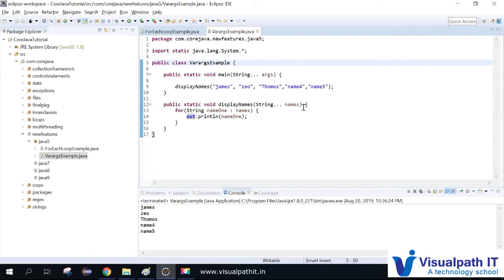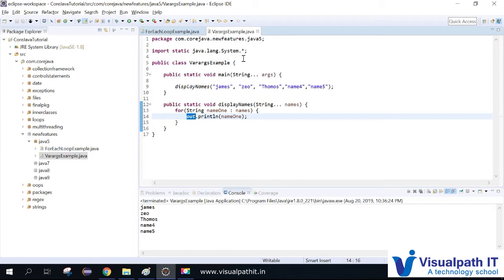It prints the elements. The reason is, once you do the System static import, then this class is directly accessible to the VarargsExample class.